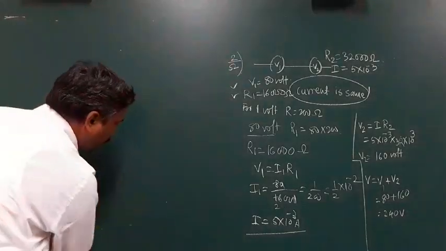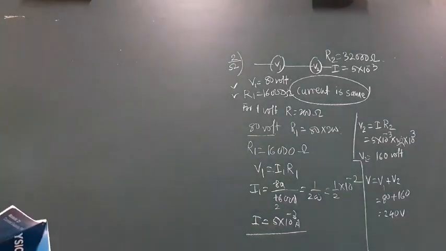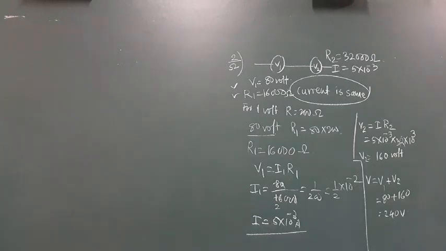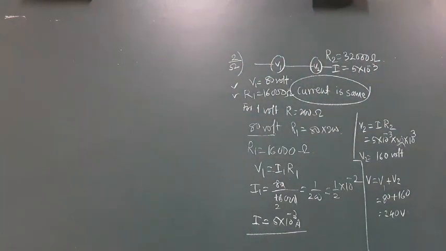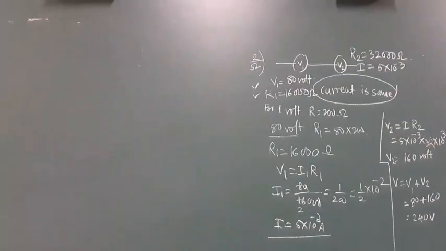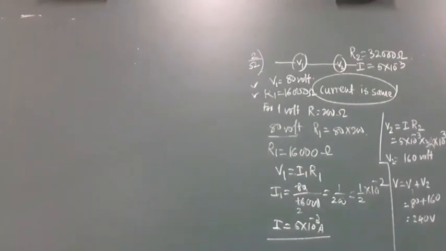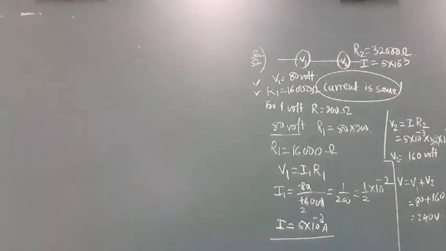That is the third example. In the third example, a potentiometer having a potential gradient of 2 millivolt per centimeter. First of all, I am explaining the concept of potential gradient. This word is first introduced in the principle of potentiometer. What is the principle of potentiometer? The principle of potentiometer is very simple.